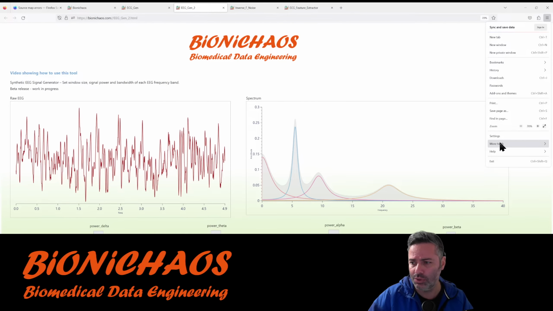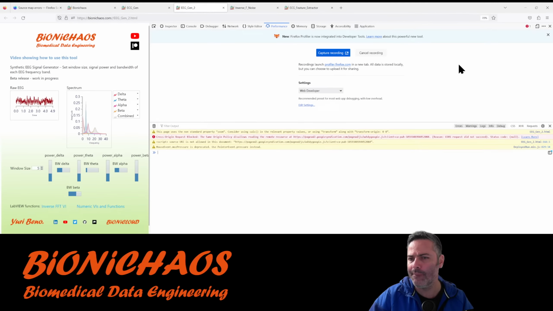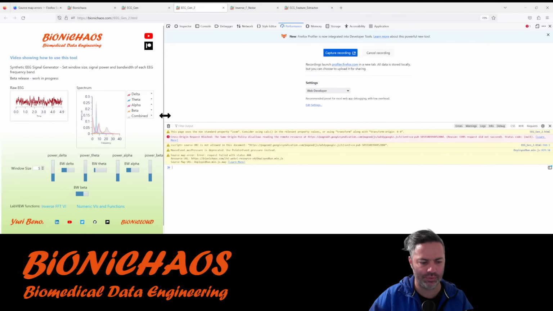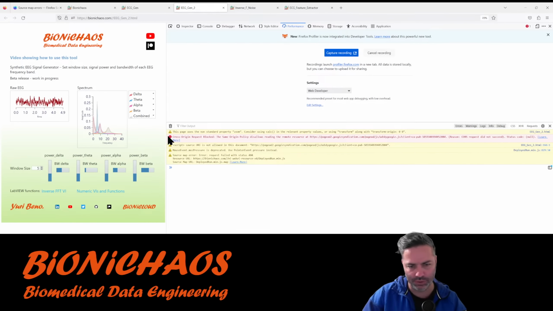So you'll have to keep watching, and then all the changes will appear on the site. Where's more tools? The developer. Oh, come on. Right. Yeah, so this is when the ads are being blocked. I'm using ad blocker on Firefox.